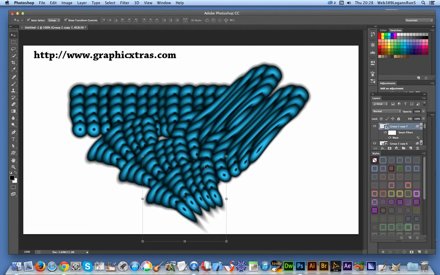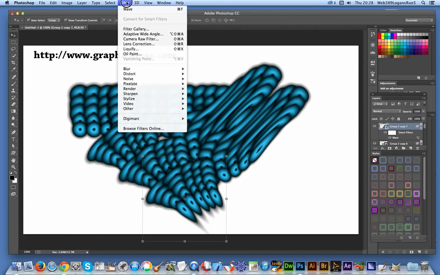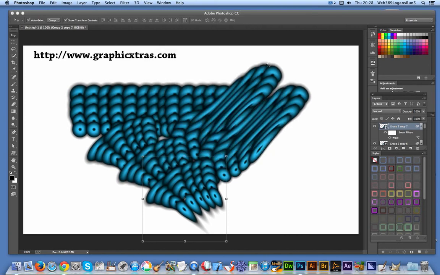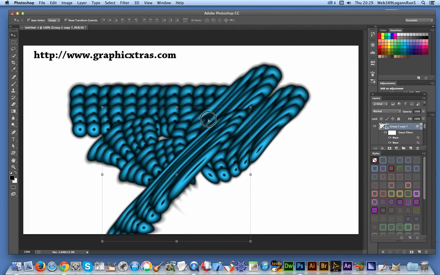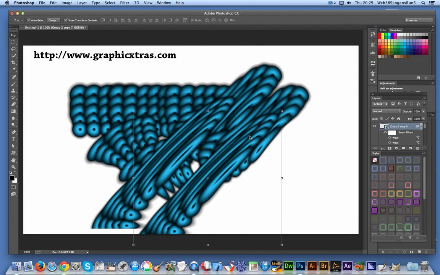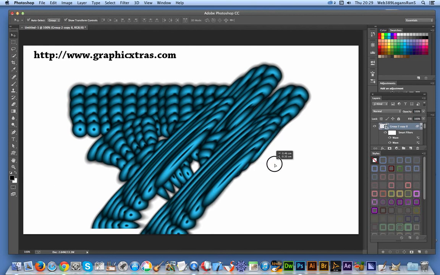Alt, and again, all these have got the same smart filter, and I can go up to Filter and Distort, again, Wave or Zigzag. I can of course use either, and I can distort it again in other ways. So really stretch out the image, click OK. Now Alt again, and you can continue to create more and more abstract designs